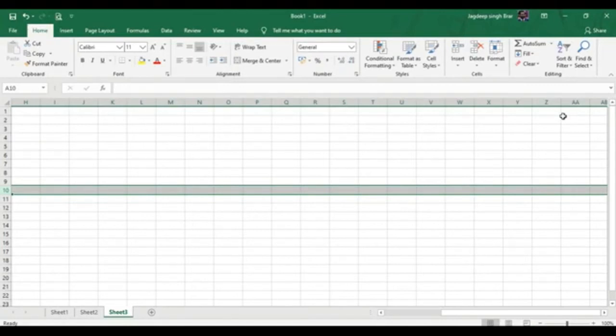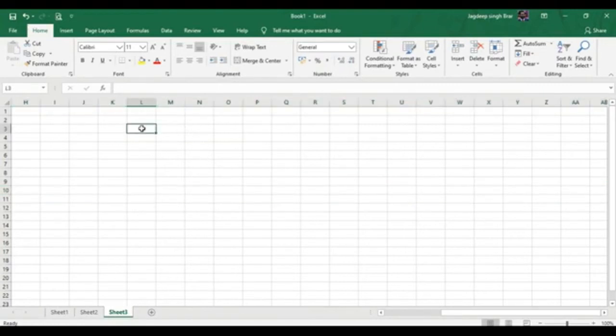Cell. A cell is the smallest unit of a worksheet, formed by the intersection of rows and columns. Each cell has a unique address formed by the combination of column letter and the row number. So this is one cell. The second cell.